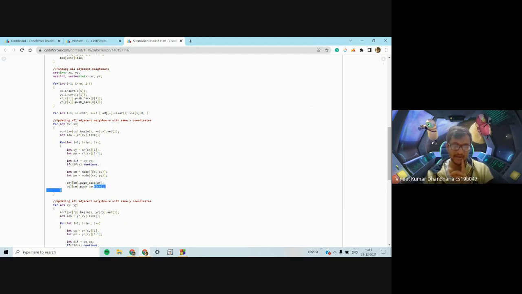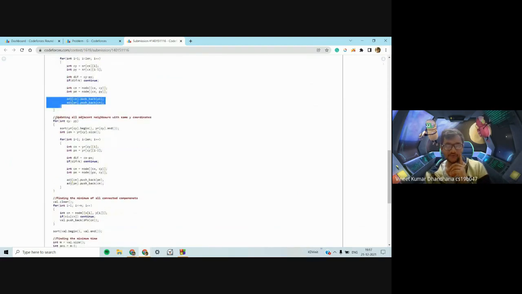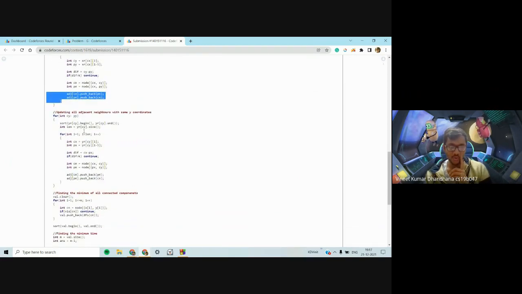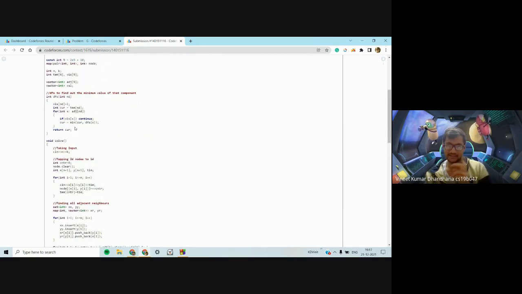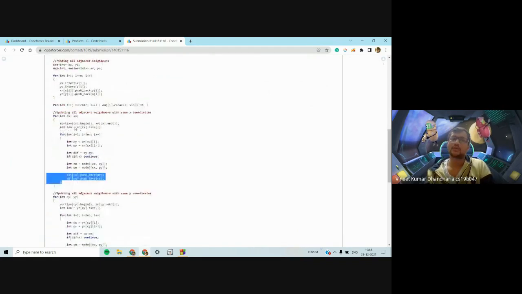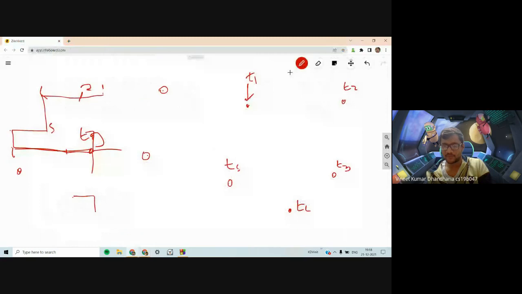You just make both the nodes adjacent, like make them connected, after which you just do a simple DFS to get the connected components. Basically, the connected component part was the most difficult part of the problem. Once you get the times for each component, you have these mines which would explode at individual times of ti, or you can click them to explode.